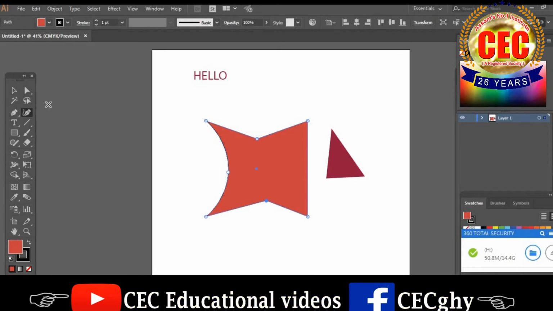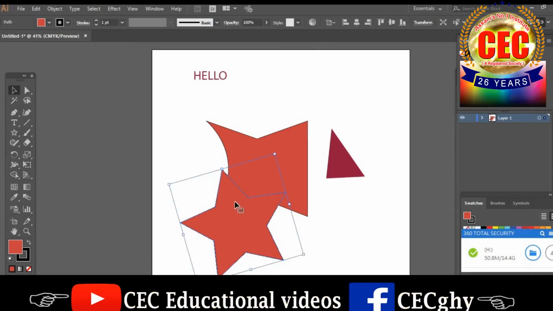So to know the basics and to draw something for the first time, you just use the selection tool, direct selection tool, curvature tool or pen tool. So after that we can go on. These are the tools: rounded rectangle, ellipse, polygon, star tool. So you can directly draw a star here.